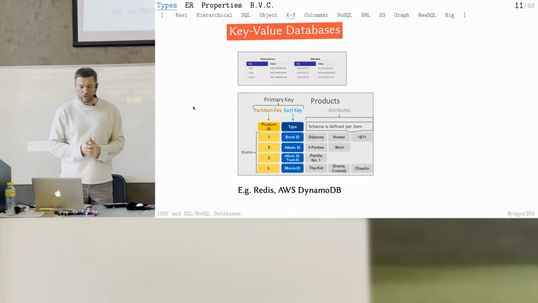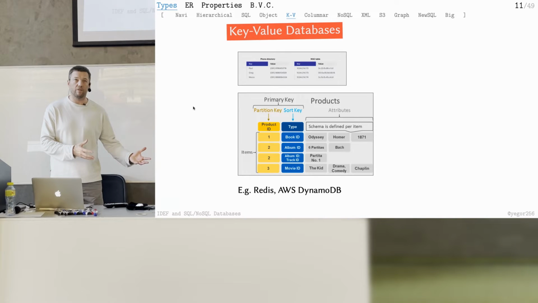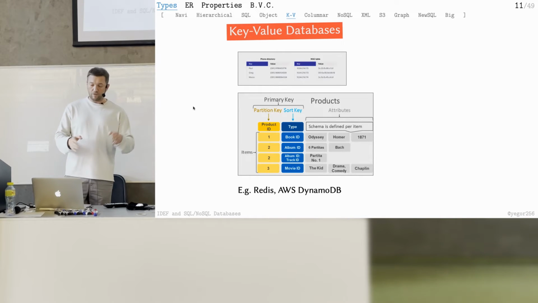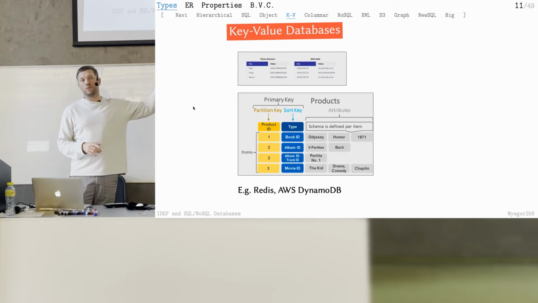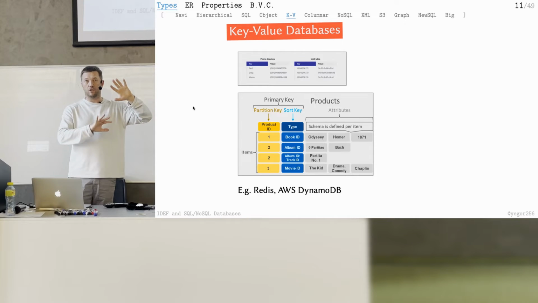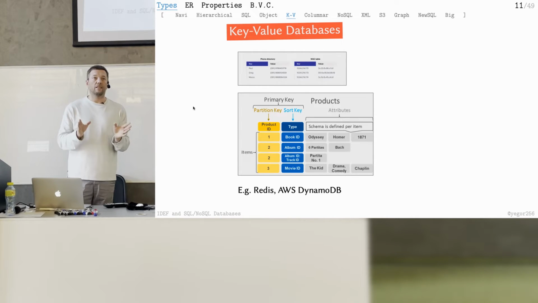Your question is how we design the data in there if we have the key value database. If you look, there are two pictures here. On the top you see Redis. At the bottom you see Amazon DynamoDB. So there are 2 different pictures. In case of Redis, it's like I said, a very primitive key value table with 2 columns only. So you cannot put anything there.